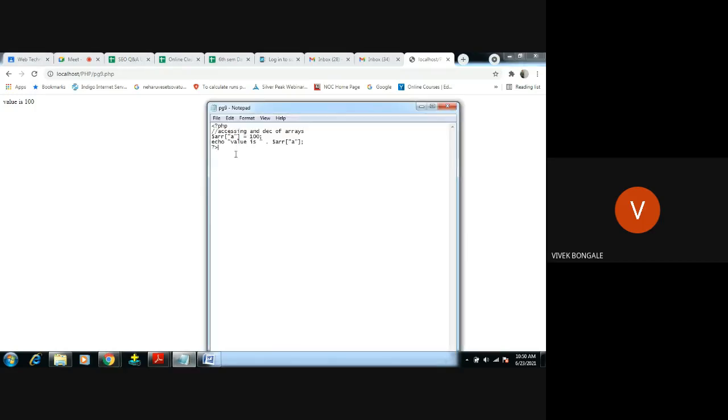Here what we are doing is creating one array and assigning only one value for associative. This is an associative array, assigning only one value. But the concept of arrays is that for one variable we give more than one value, more than one element.